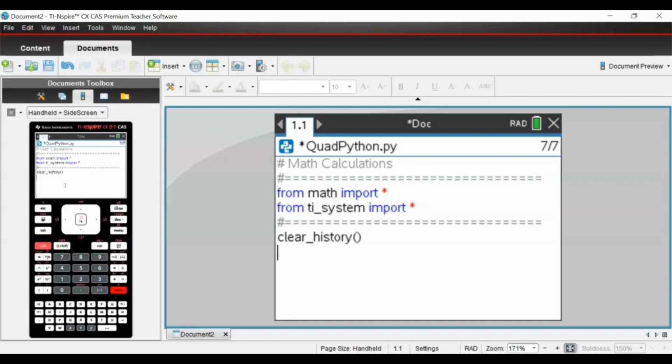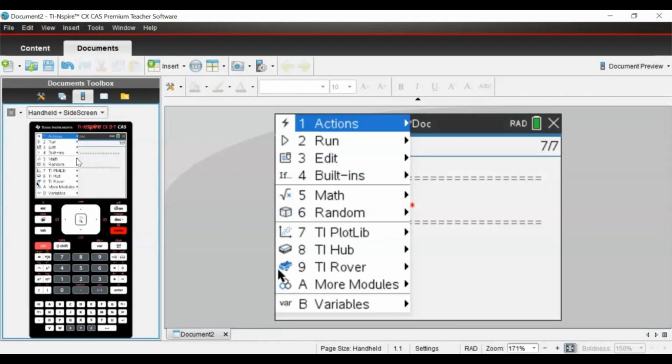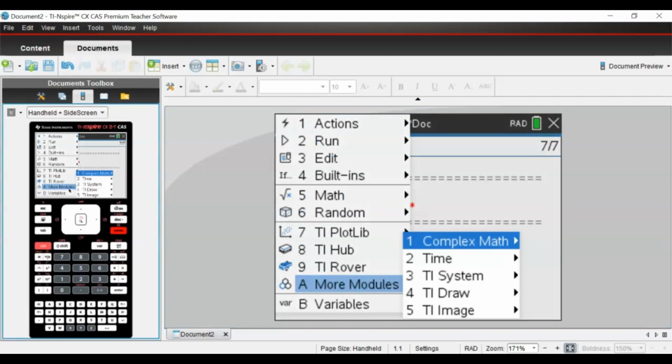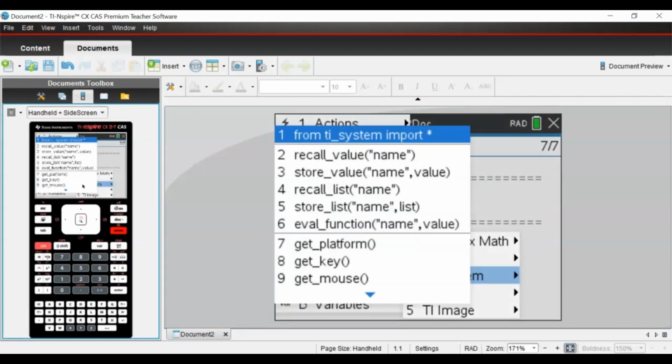Okay, this time we're going to get the coefficient, which is a. So remember the quadratic equation, y equals ax squared plus bx plus c equals 0. So we're going to put the a, which is the coefficient, put the equal sign. You have the option, the coefficient has to be an integer value. So let me show you how you could get that. Press menu, more modules,